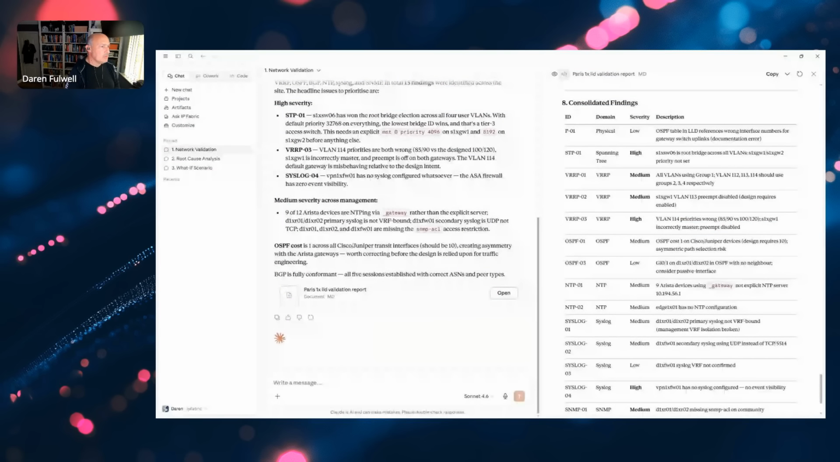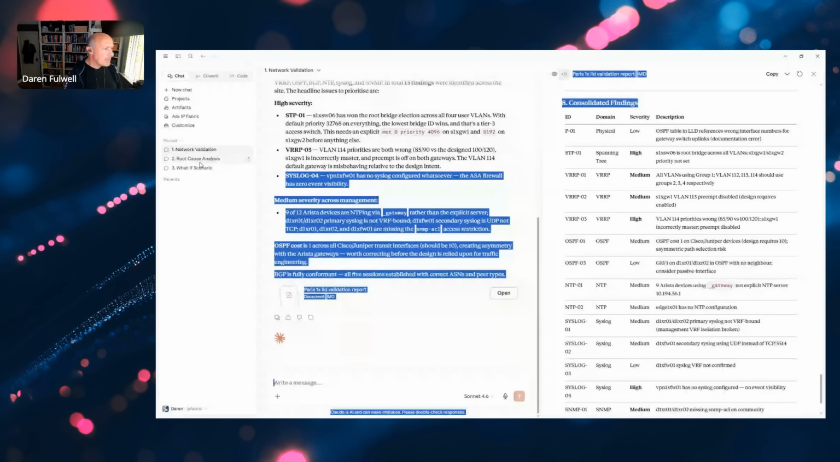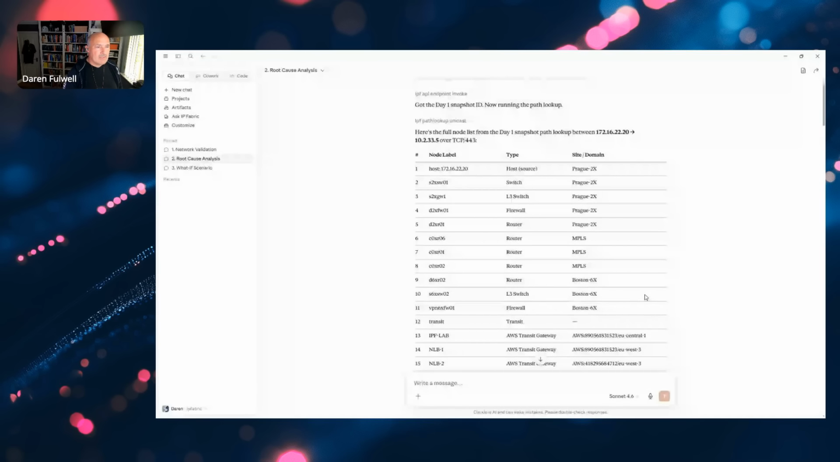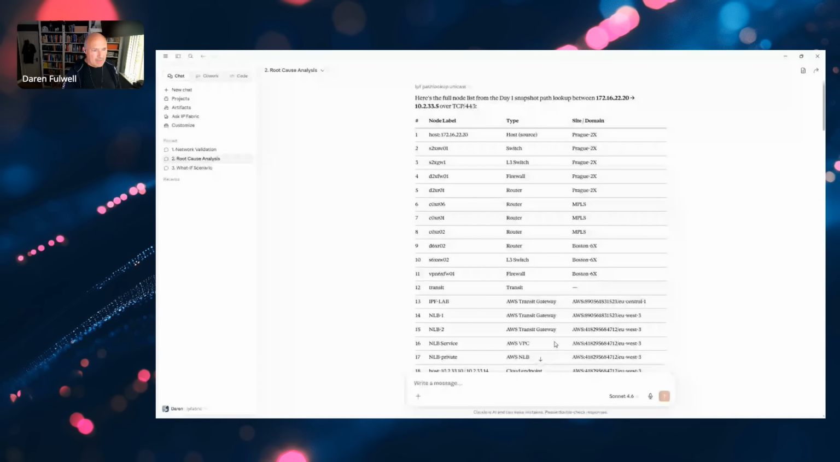So let's switch back to Claude. And let's look at our second scenario here. Basically what I've said is, look, Claude, do me a favor. Using the day 1 snapshot, list out the path between those two endpoints, using TCP 443. So that's working out, is this traffic going to be able to get from here to here using that port list? And you can see there that it's built the path through, and it's showing all the elements, the on-prem, the MPLS, and so on